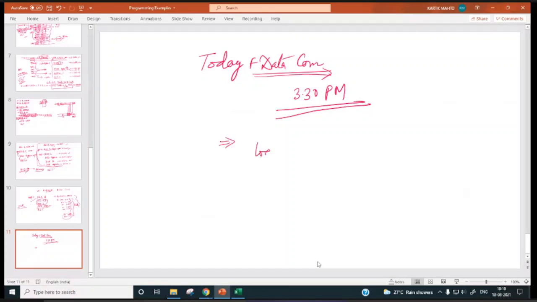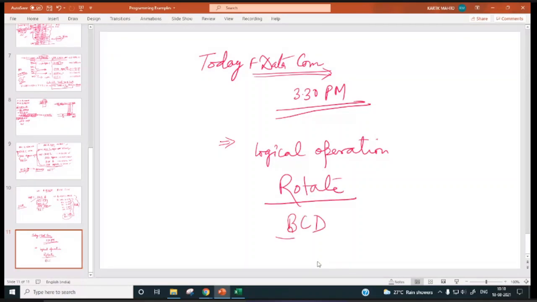Very, very important: logical operations, right? Rotate instructions are there. Then we will discuss BCD arithmetic also, because in the second program, both this rotate as well as BCD arithmetic are needed, right? In that second program. So, okay, I am closing this meeting now, right? See, whatever study